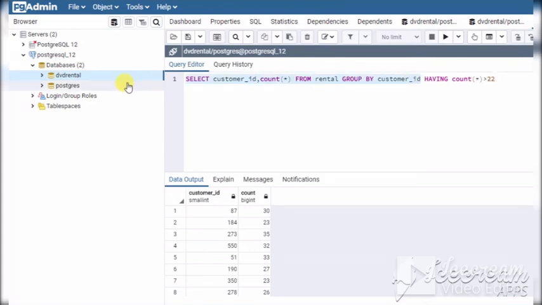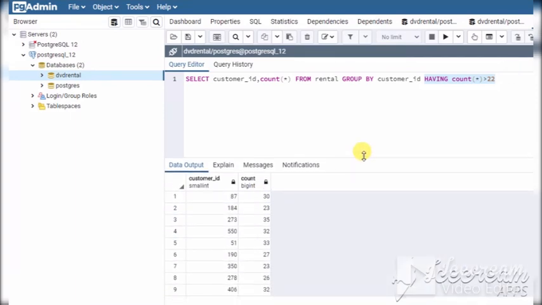So once the grouping has been done, this condition, having count star is greater than 22, is applied. This is a very useful query to write, and many times you may need to write such kinds of queries.